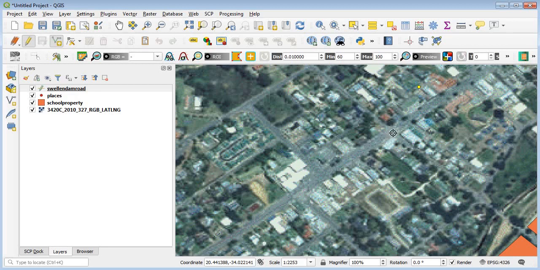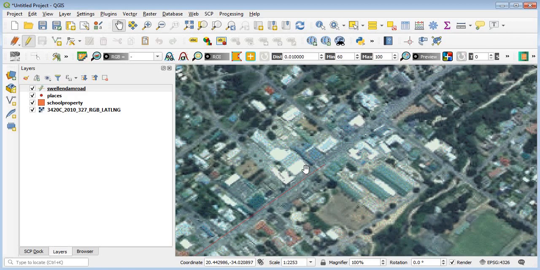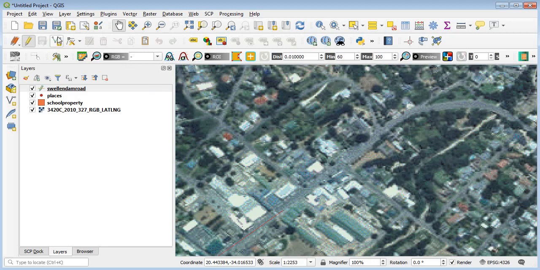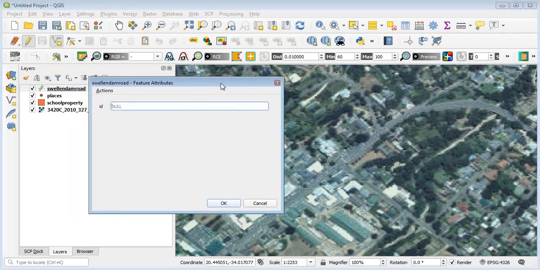As you can see, a thin line here in red, and so you can click the next point, and you can use your pan to move around, and so select it again and click the next point. You can use your pan tool just to move around and select, click, and so once you're done, you can right click, and so this brings up the attribute table for the